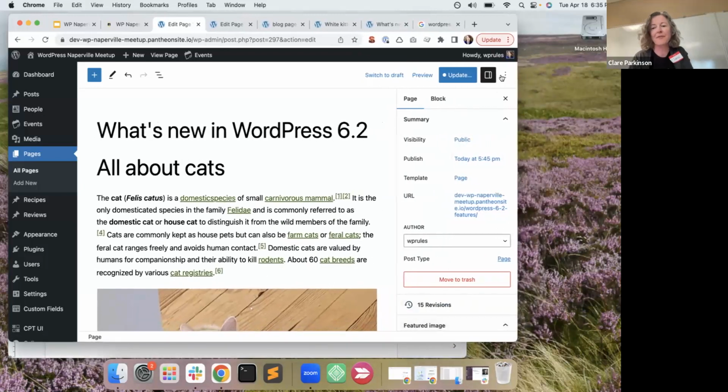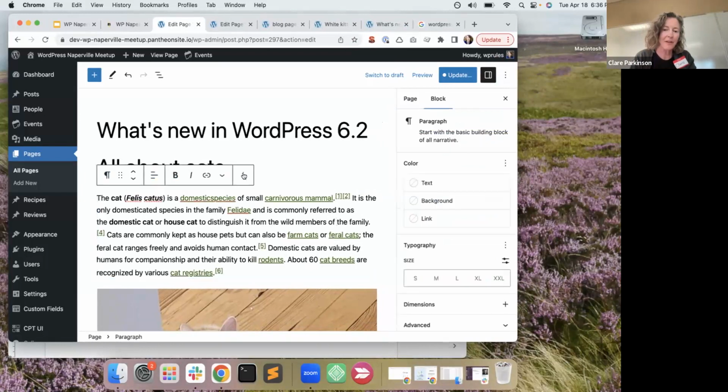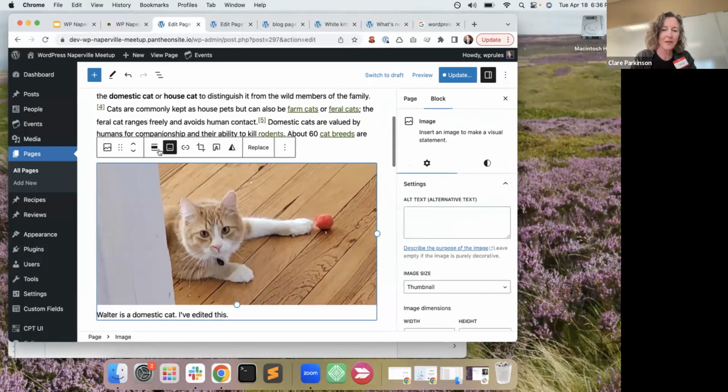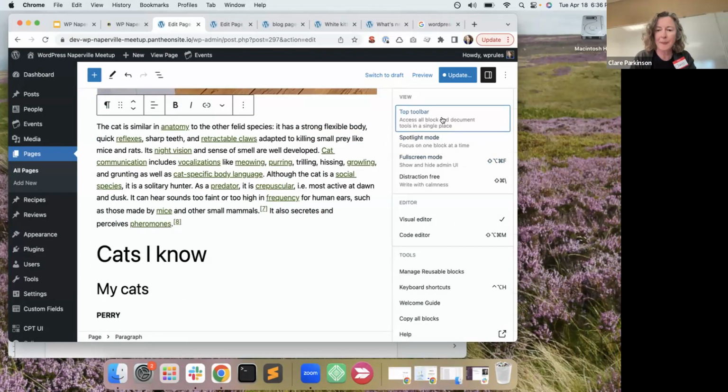All right, first off, we have changes to what apparently is called the kebab menu up in the top right corner. It's called a kebab because it's three things in a line, as opposed to a hamburger menu, which you see for mobile icons, which is three stripes in a stack. So in the kebab menu, we have a new setting, top toolbar. This is the toolbar for each block. As you navigate around your page, this toolbar appears, and it has settings specific to the block that you've highlighted. If you click top toolbar,